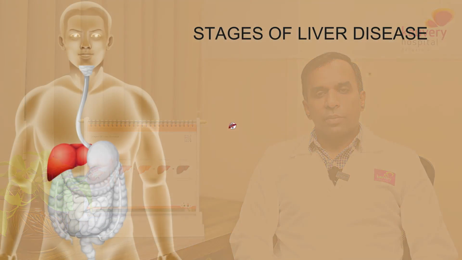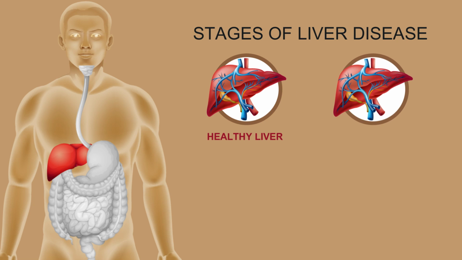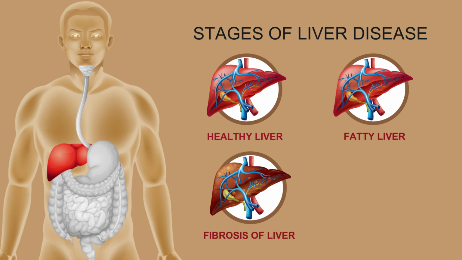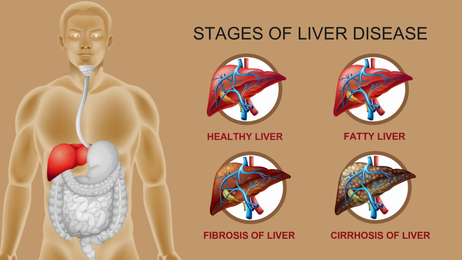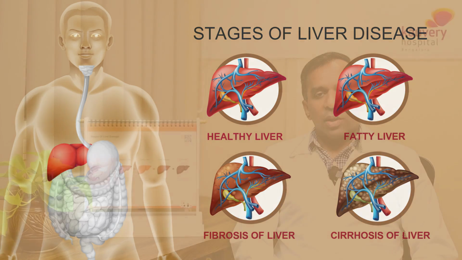You're going to ask how the liver disease is going to progress. A healthy liver, when it's affected with any of the causes that I mentioned above, can lead to fatty infiltration or fatty liver. In some patients, this will progress to fibrosis, which eventually progresses to advanced fibrosis leading to cirrhosis. Once the liver attains cirrhosis, it can develop chronic liver failure, gastrointestinal bleeding, including liver cancer as its complications.